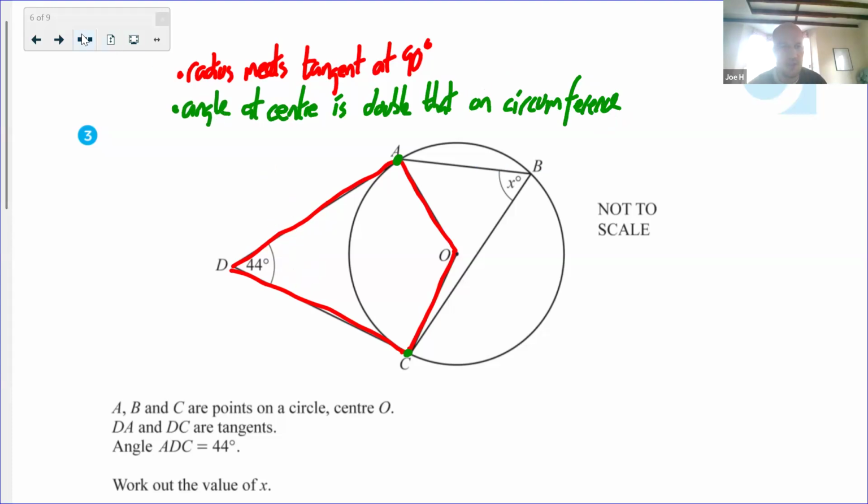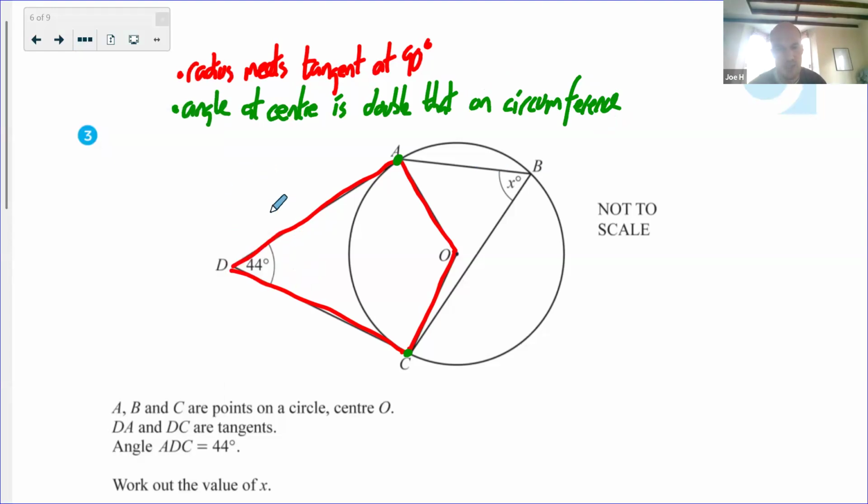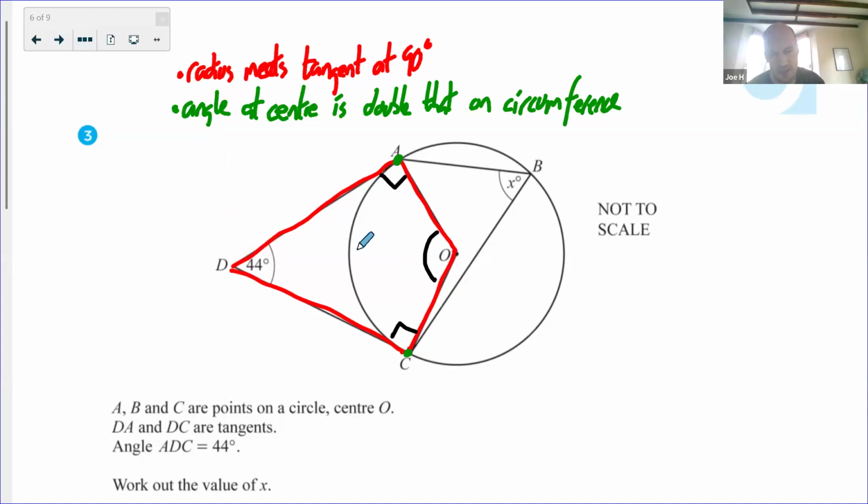So first of all, to make it clear, this is now what I would be writing in the exam. I would mark on my right angles here nice and clearly so the examiner knows that I know that these are both right angles. I've drawn now a quadrilateral, haven't I? It's not a cyclic quadrilateral, but it is still a four-sided shape. So I know that this angle here I can calculate. I would write out my method just so the examiner knows that I know what I'm doing. So this angle here is going to be